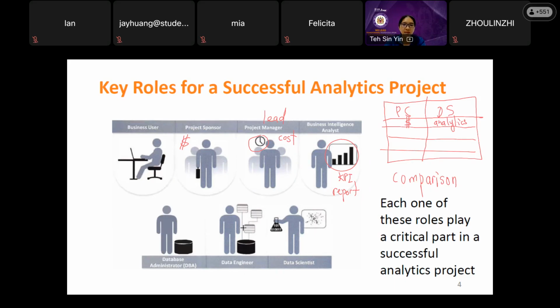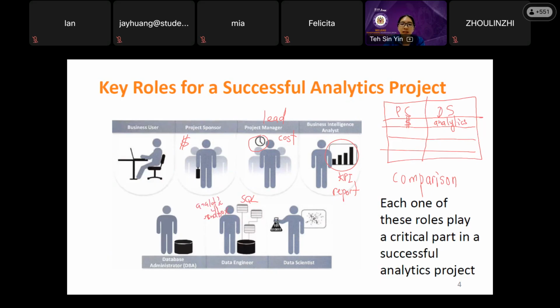Data engineer, the role number 6. The data engineer does the technical work. He or she very often has SQL skill, knows how to do structured query language. This person prepares the analytics sandbox we talked about just now, a safe environment for you to do the testing, which will not affect the real environment.